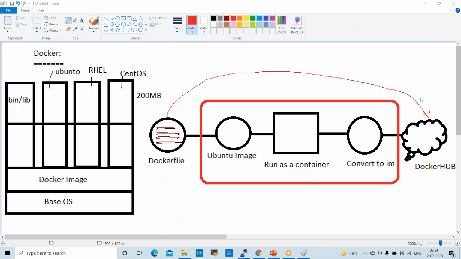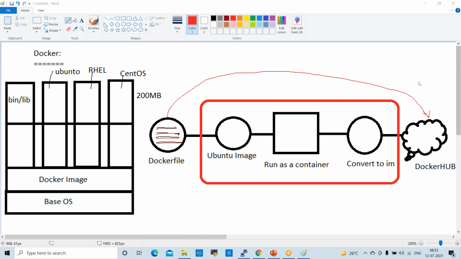Sorry, duplicate containers, can you come again? Whenever we run, a duplicate container is getting created, right? Is there no way to stop it from being created? If you stop running the container, then it will not be created. When you run, we require one container, so when you stop running the container again, a new container will not be created.